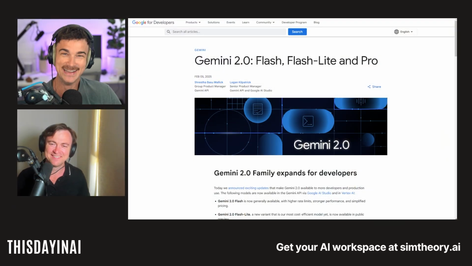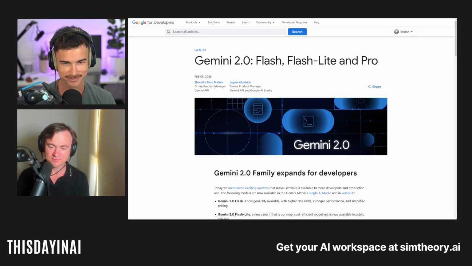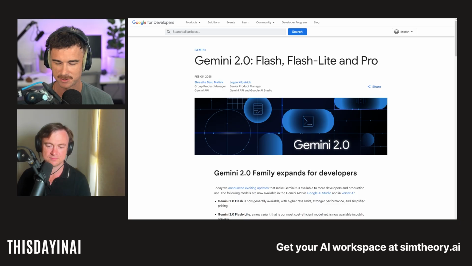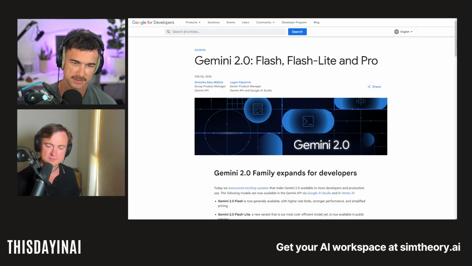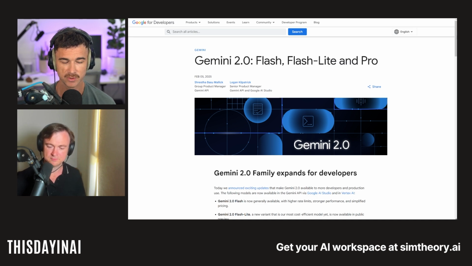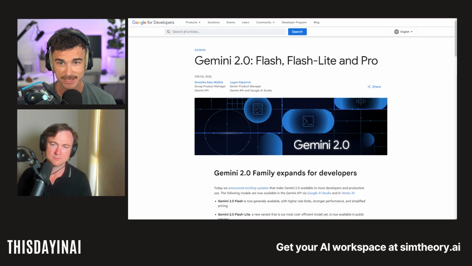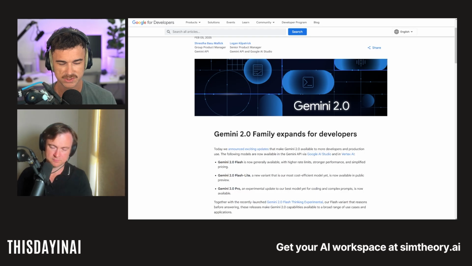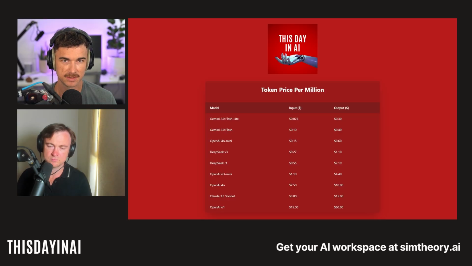All right, moving on. So Google announced Gemini 2 Flash general availability finally. They've had the experimental model out for ages, which everyone's been fully aware of. They did introduce a new version of the Flash model, Flash Lite. And also we got a preview of Gemini 2 Pro, which is an experimental model now. I think they just put this out now so they can fix things or tune it a little bit better before launch.